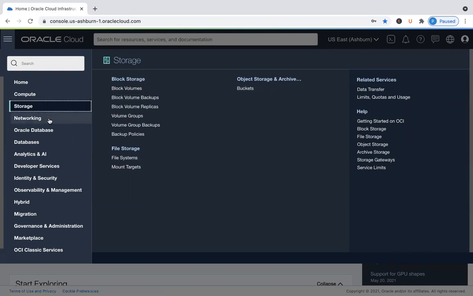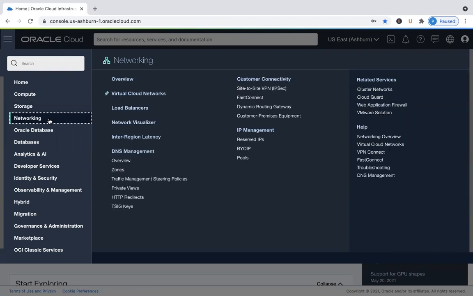You have networking services given by Oracle. With the help of this, you could create a complete virtual cloud network, which will isolate all your infrastructure in the cloud from other tenants.